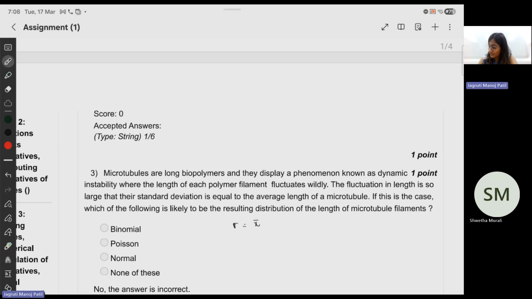Okay. So you have your standard deviation equal to the average. In this case, which distribution would it be? Binomial? We didn't look at Poisson's distribution or normal distribution. So yeah, it would be normal distribution. Why so? Because you represent a normal...